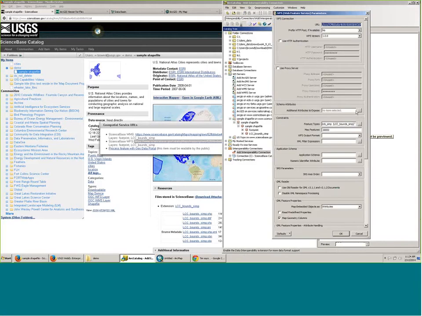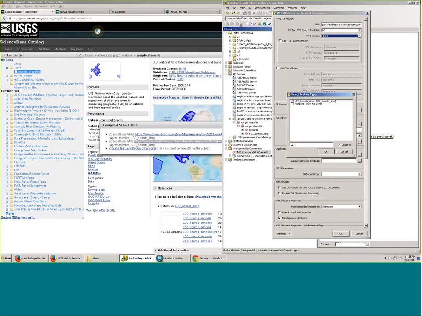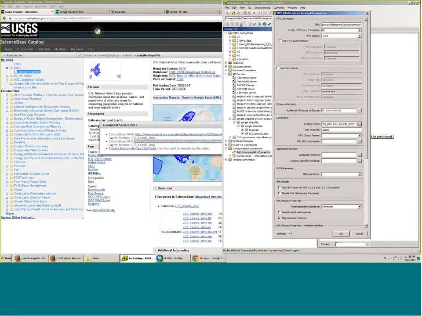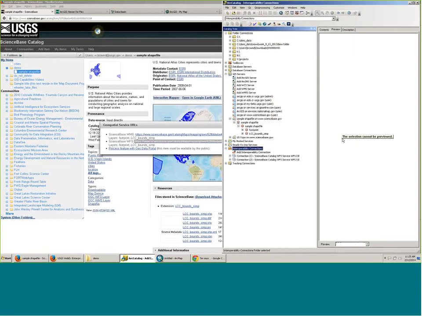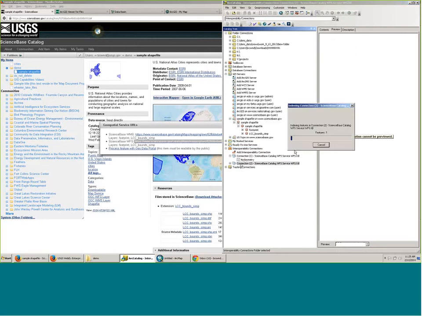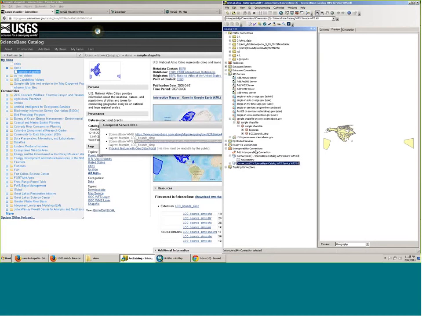And you go into the parameters. You would click the layers you are interested in, and then click OK, and then it would make your connection. And then this is actually a live connection to the data. You can use it interactively. It's not just pictures of the data. And as it reads it in the first time you click on it,